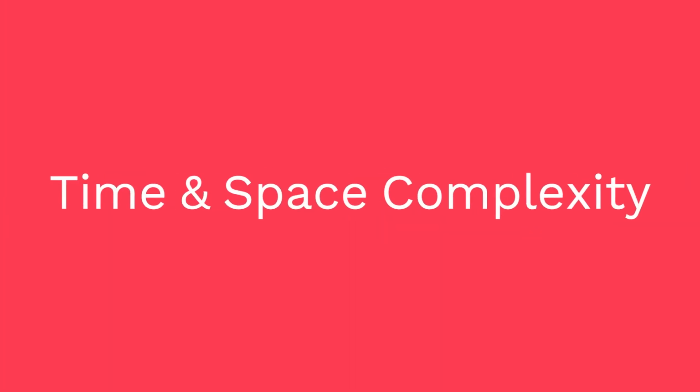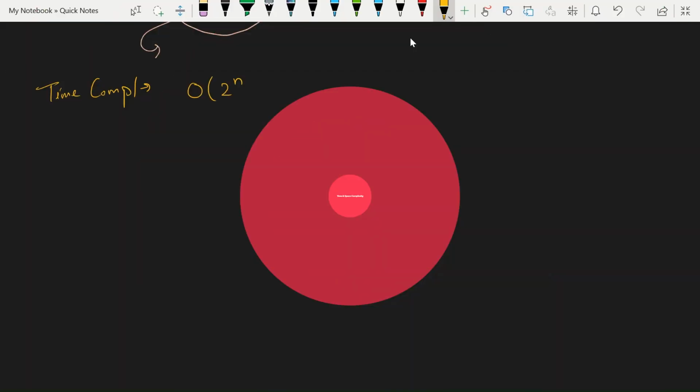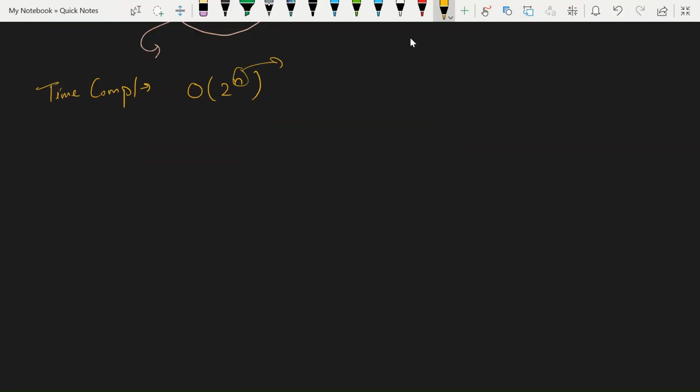Let's discuss the complexity: the time complexity is big O of 2 to the power n, where n is the number of steps, and the space complexity is